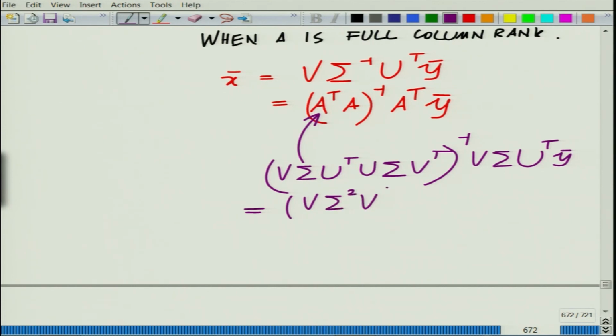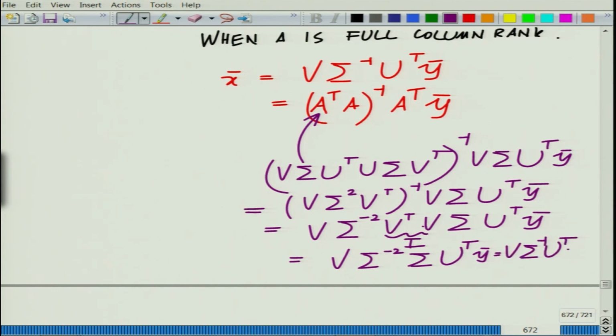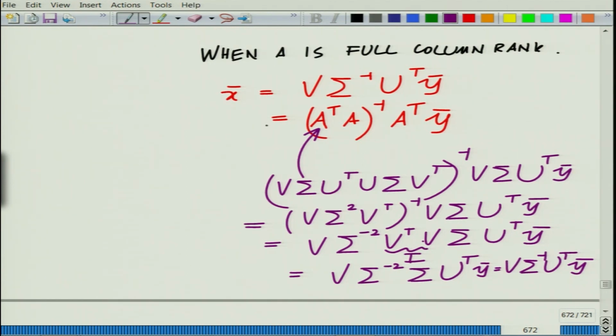sigma square V transpose inverse V sigma U transpose y bar, where V is a unitary matrix. So, this is V transpose inverse. So, this is V sigma square, remember none of the singular values are 0. So, I can write sigma to the power minus 2 V inverse, which is V transpose, V sigma U transpose y bar. Once again V is a unitary matrix, V transpose V is identity. So, this is V sigma minus 2 sigma U transpose y bar, which is nothing but V sigma inverse U transpose y bar. Okay. So, this essentially reduces to the